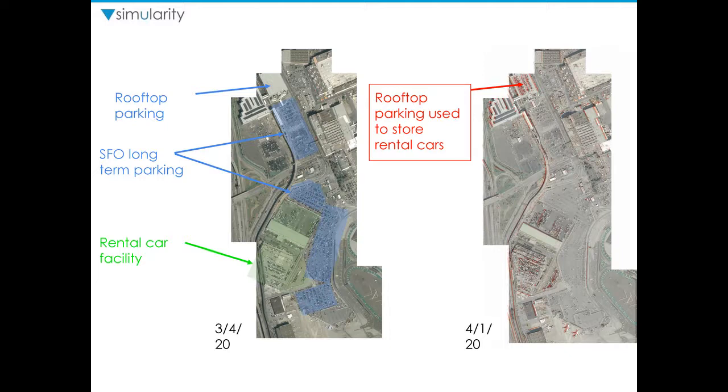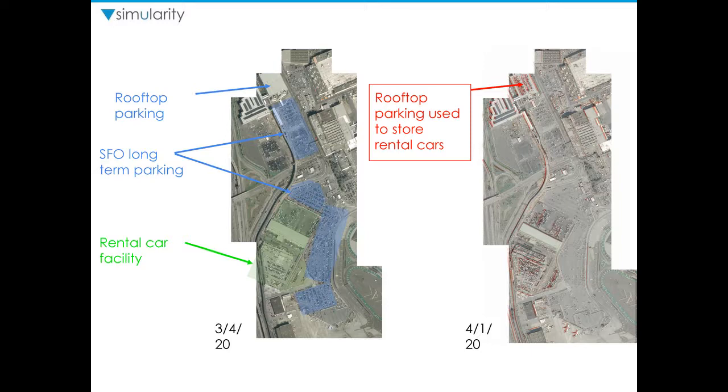abnormal activity happening around the green portion, that's the rental car facilities, because more and more cars were being stored because they weren't rented. And that's expected. But the big leading indicator here was the rental car companies did not have enough space. So they had to go in and store the cars atop the rooftop parking there at the top north, rental cars. And the reason we're able to know that is because it was highlighted, as you can see in red,